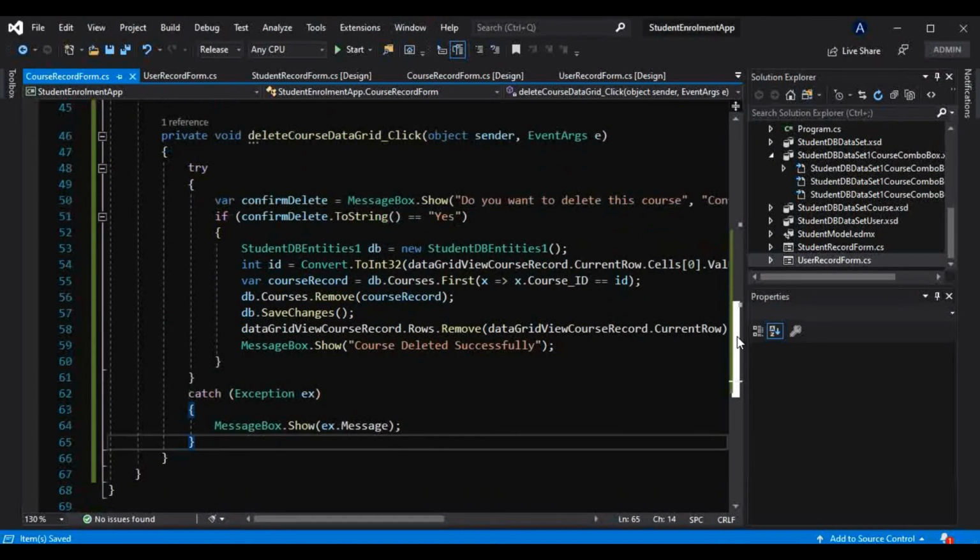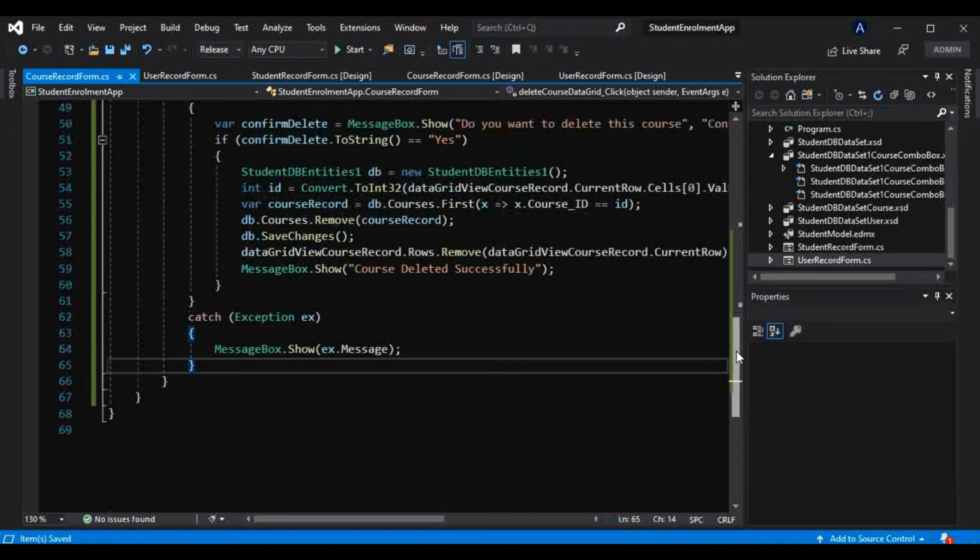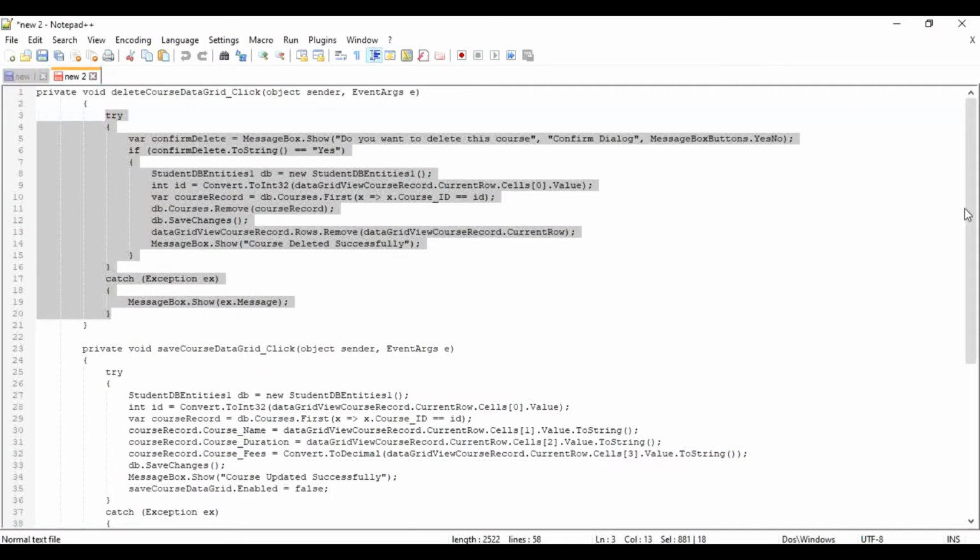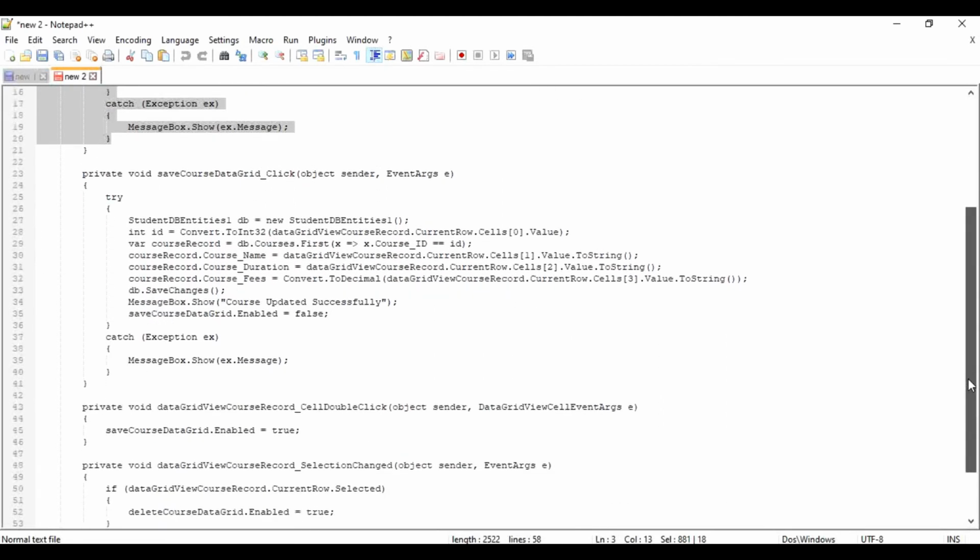And once again we want those events as well, that is the cell double click event for the user as well as for the course, as well as the selection change event and the edit end event, that also we want. Now that also I have typed here already, and we will use that only.